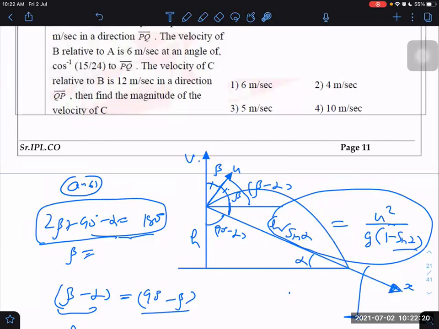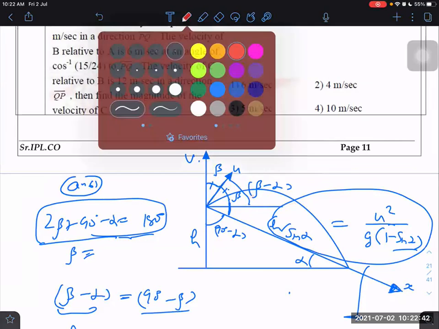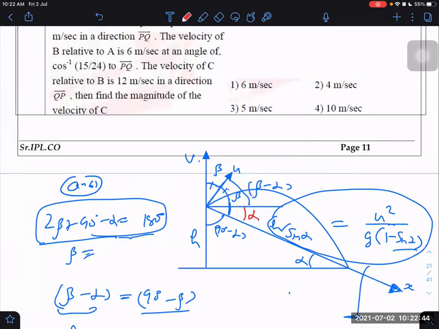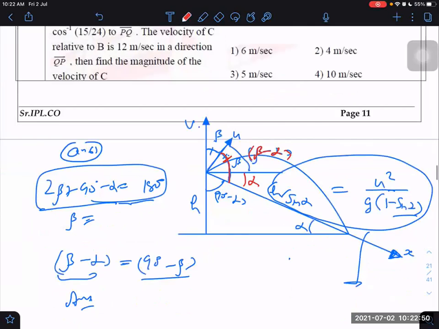After getting alpha, we know that the initial velocity vector bisects the angle between the vertical and the incline. It will be an equal angle. This is beta, this is also beta, and this one is 90 minus alpha. Then I can obtain beta also. The answer will be the angle made with the horizontal. That we can obtain because this angle is alpha, and the total angle with the incline is beta. Then the angle made with horizontal will be beta minus alpha. So that will be our answer, beta minus alpha.